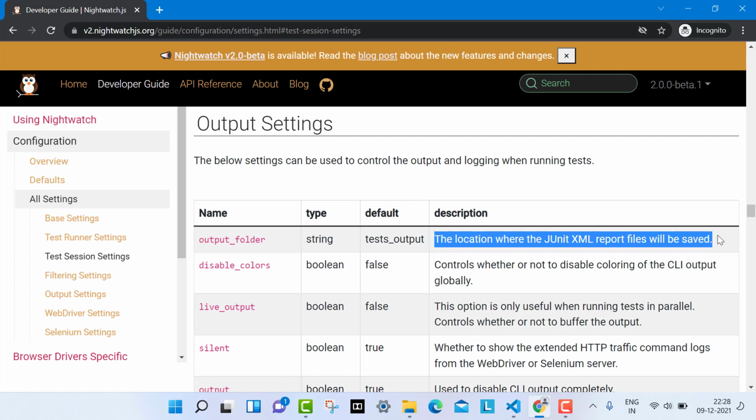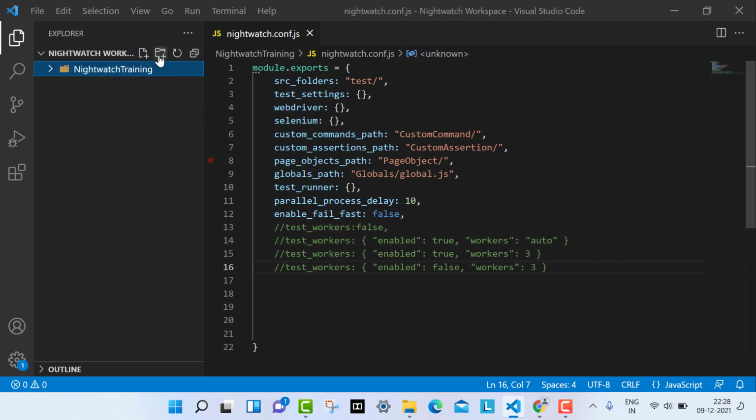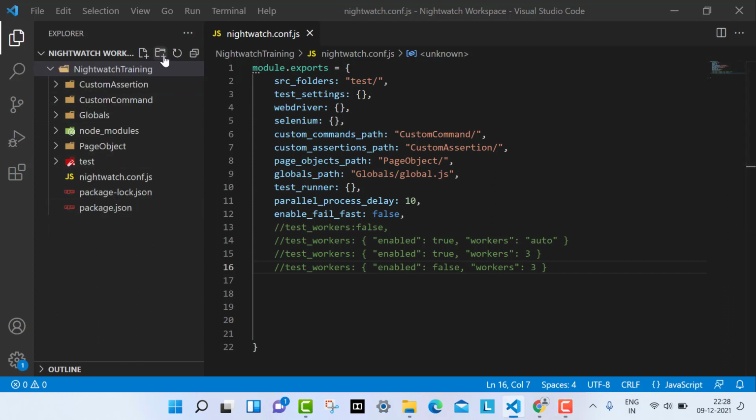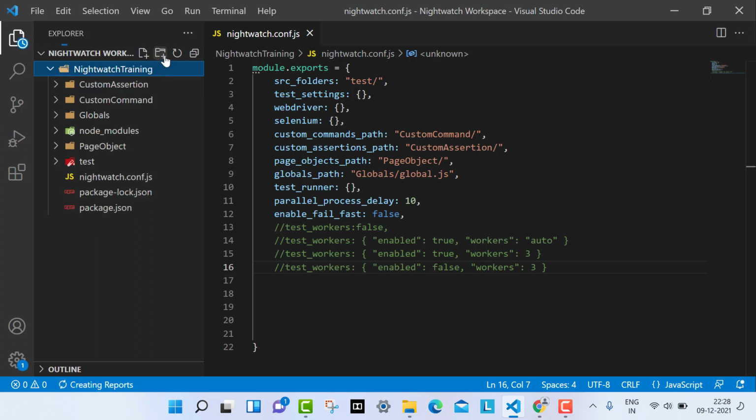Okay. So what I'm going to do is create a folder. It is going in this global.js. I'm going to create a folder and name it reports. I'm using this same thing, so let me use it in that fashion only, right?